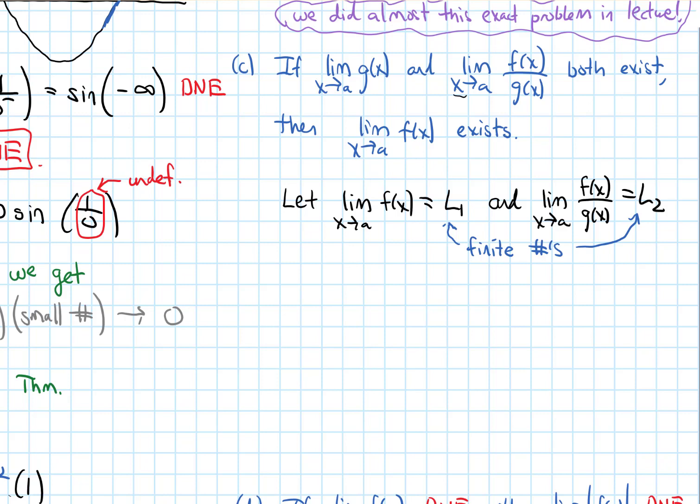Alright, so the setup of this question reminds me of the limit laws. It tells me that there are these two limits that exist, and it's asking, does this other limit exist? Well, if I can form this function, f of x, by doing something to g of x and f of x over g of x, somehow combining them, like dividing them or adding them, I'm going to be in business. And it turns out what works is multiplying them. So by the multiplication limit law,